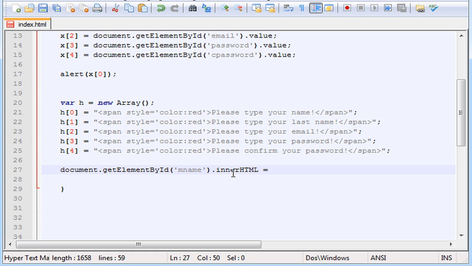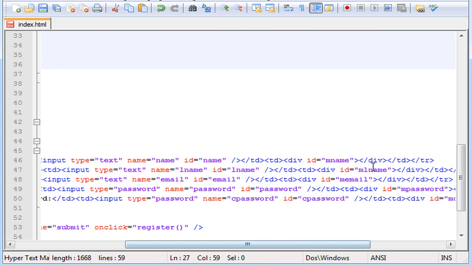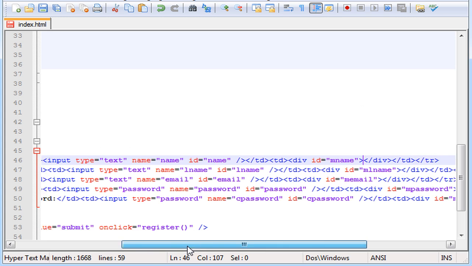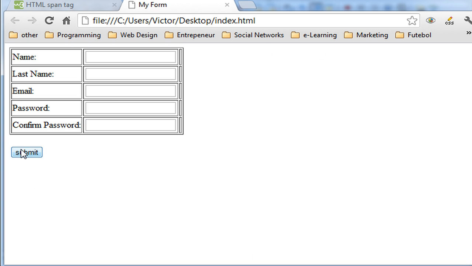What this will do is equal something, so whatever we type here now, it's going to appear inside that div without actually putting anything in here in text, okay, in the code. So I'm going to show you that it works. You can type whatever you want. It's my column. Save. Let me run this in Chrome, and when I click submit,